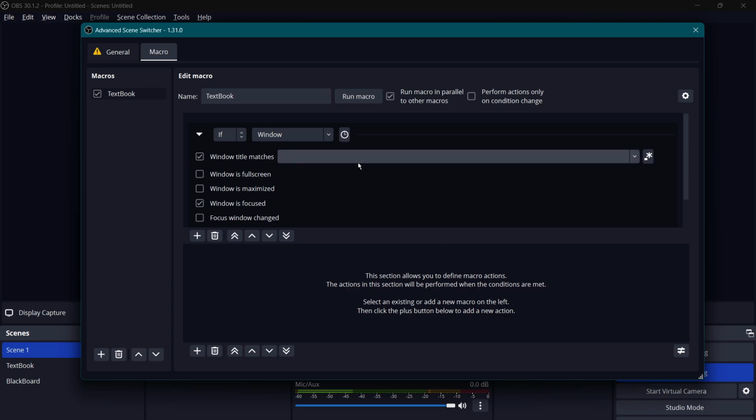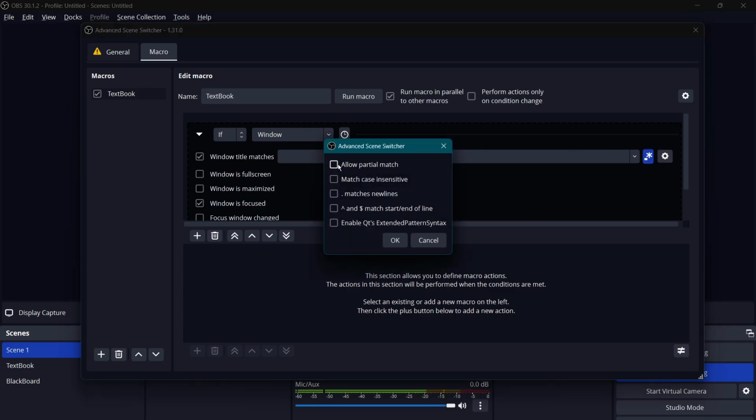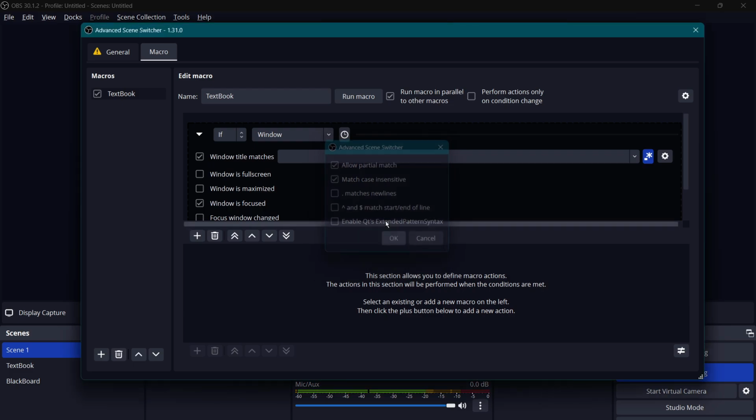Now on this bar, we'll click on this enable regular expressions. Okay, click on the settings, click on allow partial match and match case insensitive. Okay, once we do that,